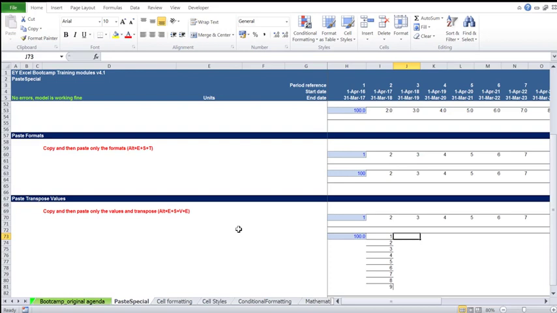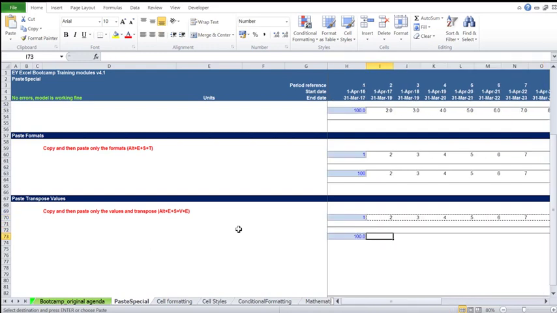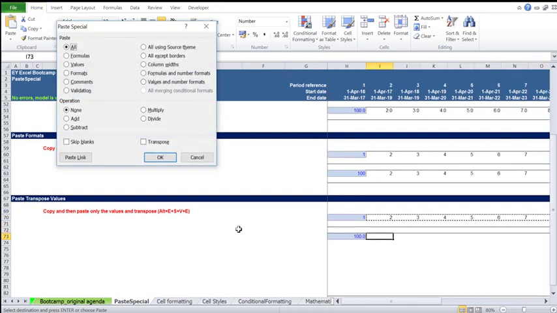But what did you observe? The cell contents have been copied along with the cell formats. We didn't want the cell formats to be copied, we only want the cell values to be copied. So we press Ctrl Z, we again select those cells, press Ctrl C, move down to cell I73, Alt ES,